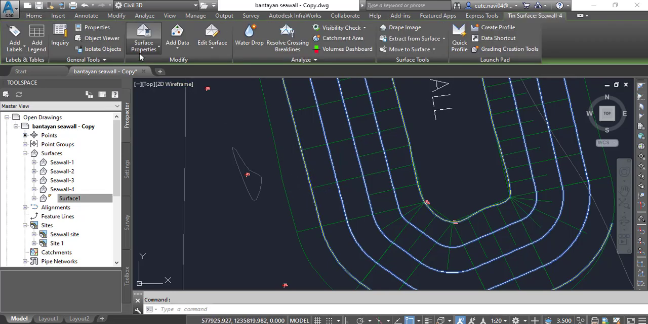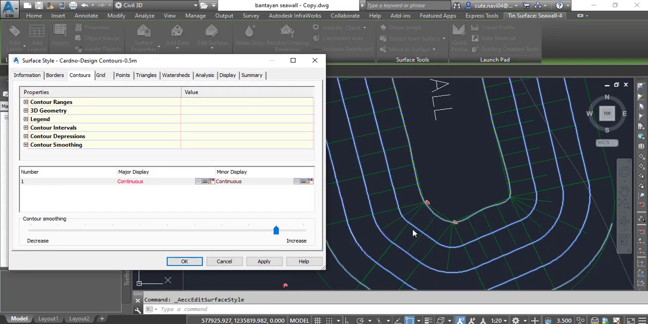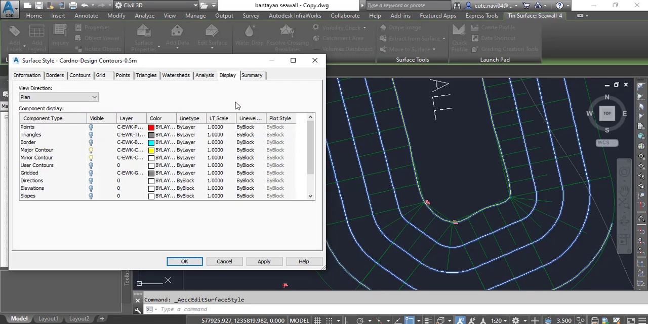Select your surface and you can go to edit surface again. I will show you how you can change the line colors and a few more little things. Go to display surface, and here it's showing that points will be in red. In the display you can see, and now we are in the plan view, not in the model or section. So in the plan we have triangles with this color, and major contour should be